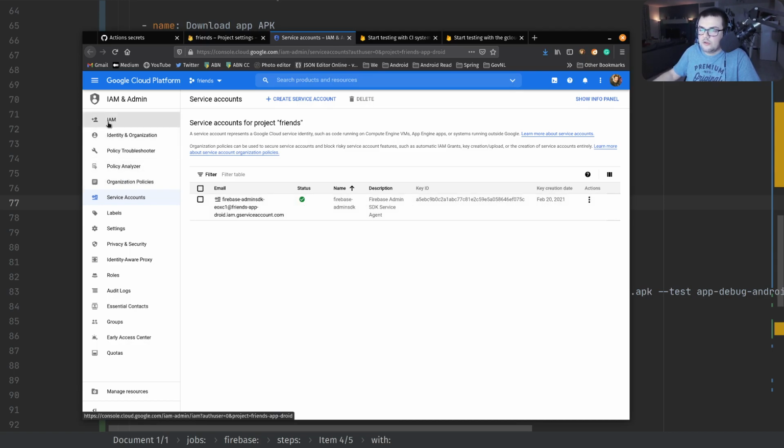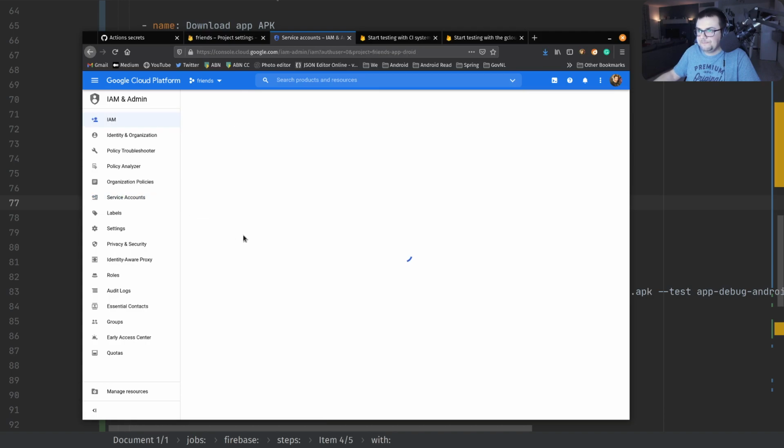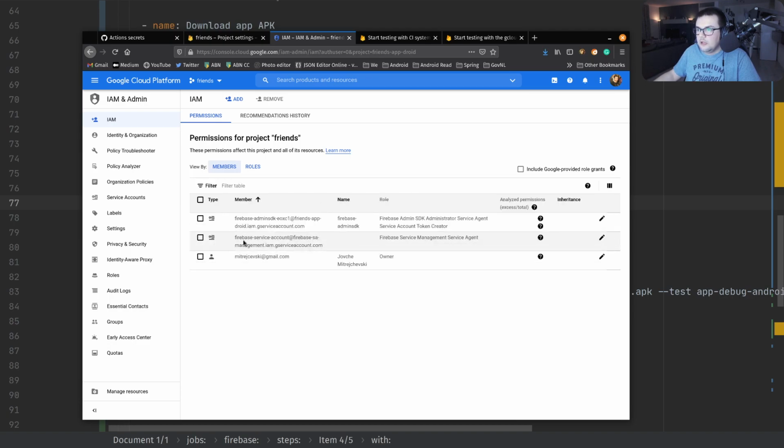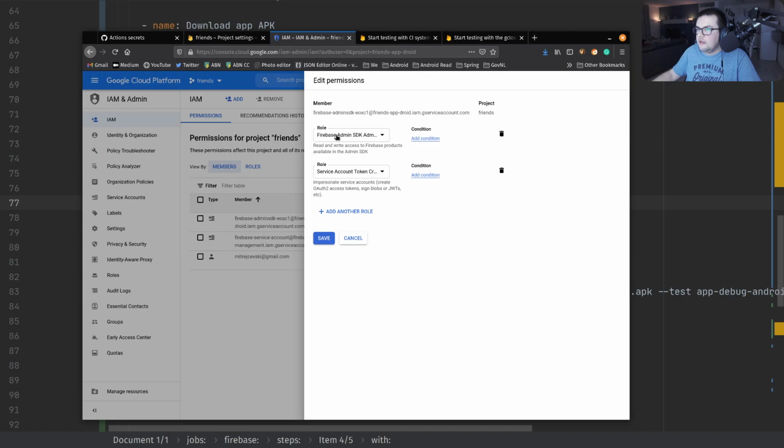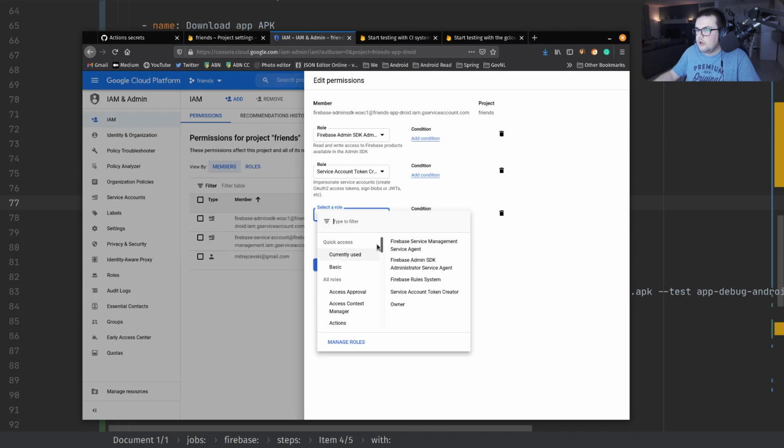So if we go into the IAM, here we go. I think this is the one on top. It says Firebase admin SDK administrator service agent. We just go into the edit,